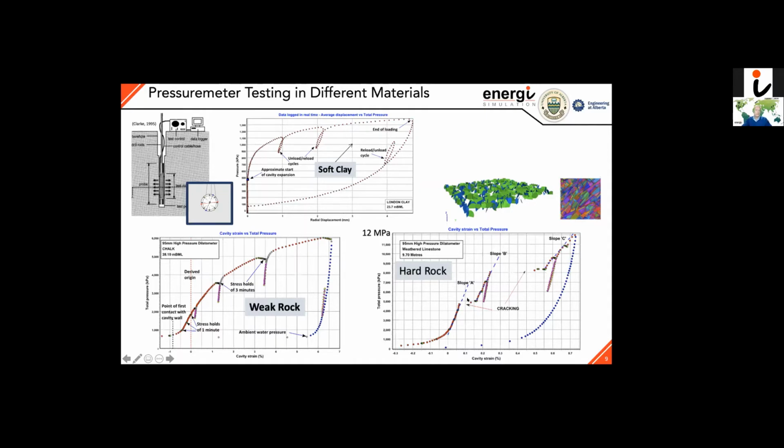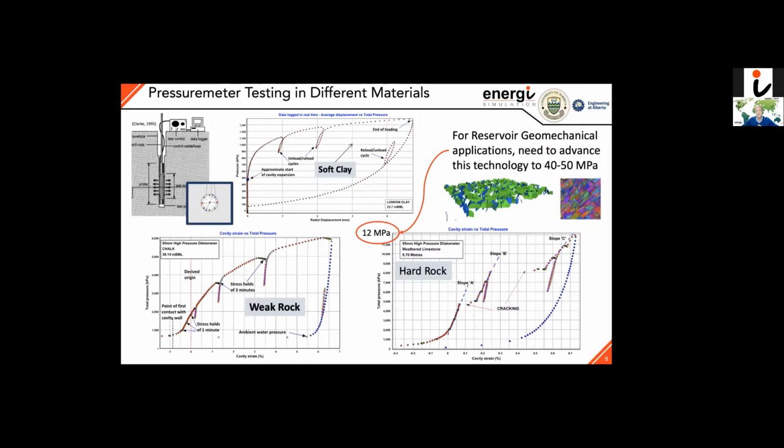And for many of you who maybe have done MDT tests in the world, if you do the initial sleeve fracture stages where you try and generate this axial extensional fracture in the borehole wall, these are the same kind of mechanisms that you see. But for us, for reservoir geomechanical applications, what we are interested in was to advance this capacity, if you like, to get to 40 or 50 MPa